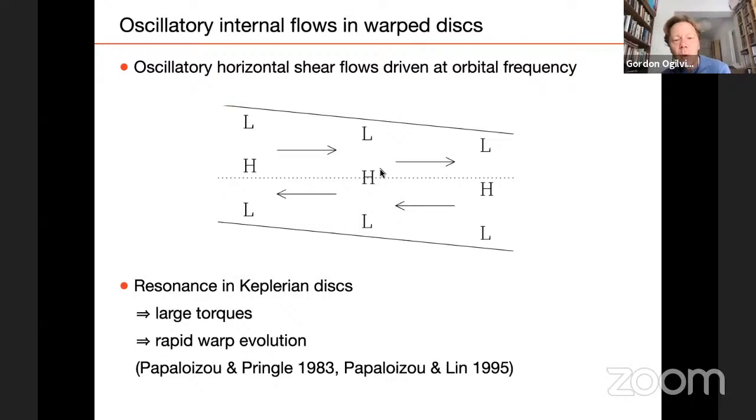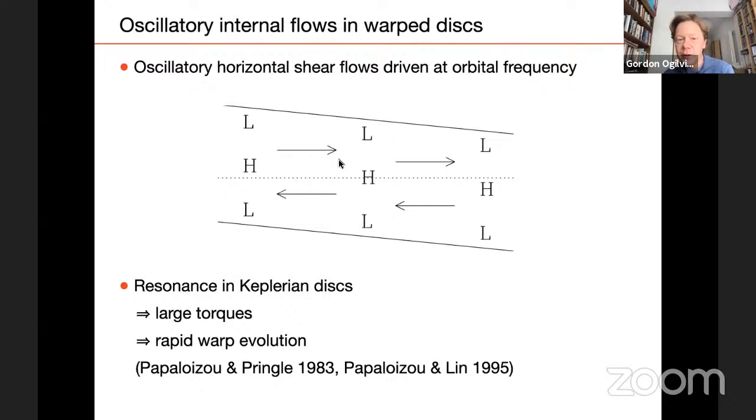Now, when the disk is warped, that corresponds locally to a misalignment between the midplane of the disk and the local orbital plane. And that introduces some horizontal pressure gradients, which have this sort of arrangement. This is like a cross-section through the disk. And now, from the perspective of the fluid that's orbiting through this structure, it sees these pressure gradients varying at